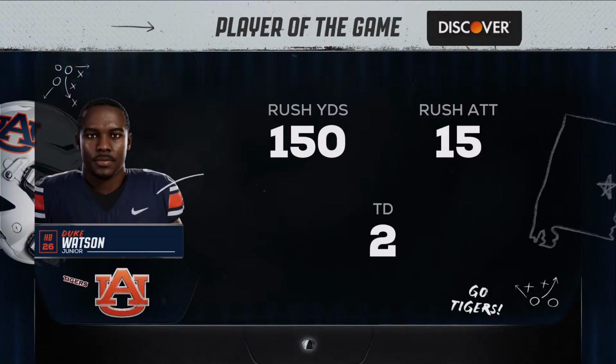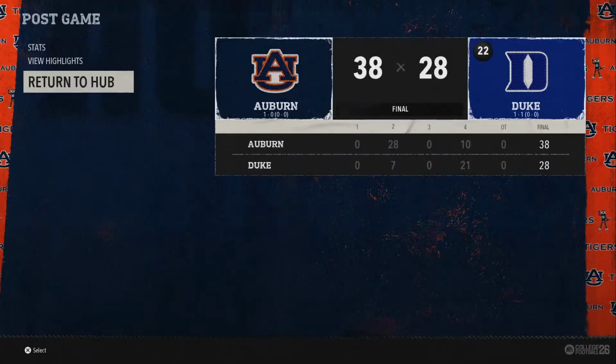Guys, this is a story we see every single year in college football. Ranked teams losing to unranked opponents. Whatever the reasons,